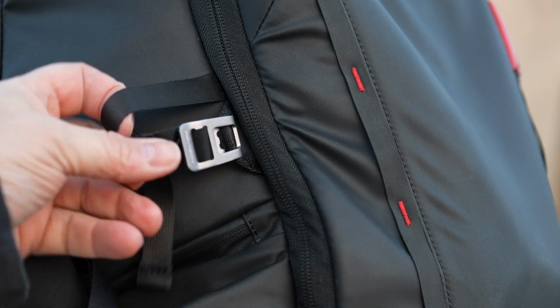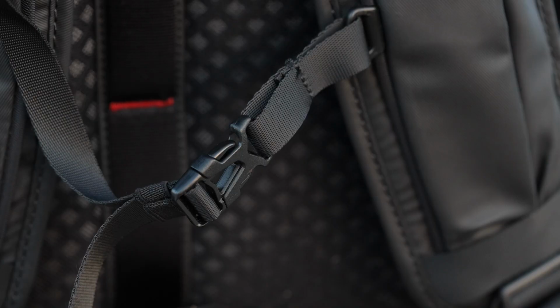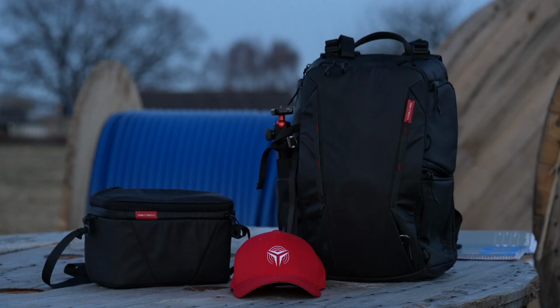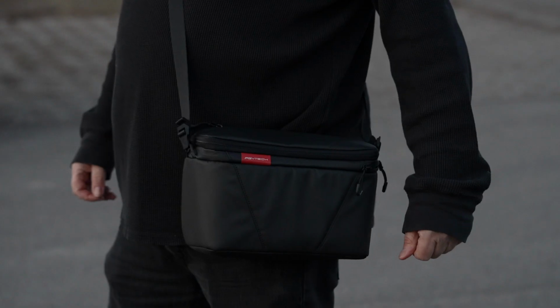One thing that really strikes you when you unpack this product is that the quality seems sky high. And this is maybe also the reason why they are offering a lifetime warranty on the product. You can get the backpack in two colors, in Twilight Black, like the one I got, but you can also get it in camo. So I've had it now for a couple of months, giving me enough time to get